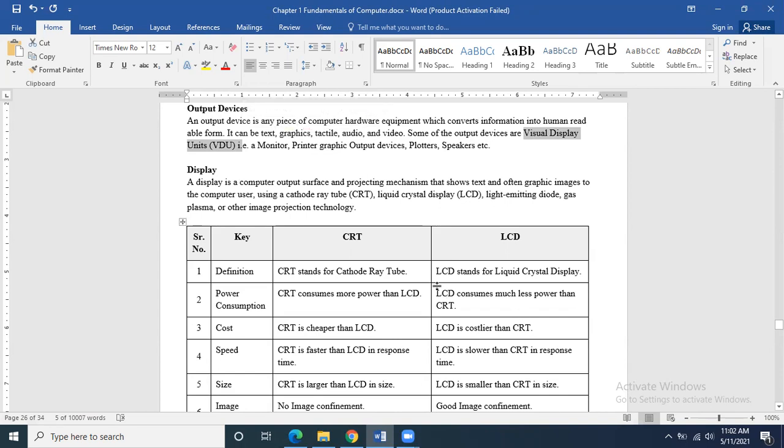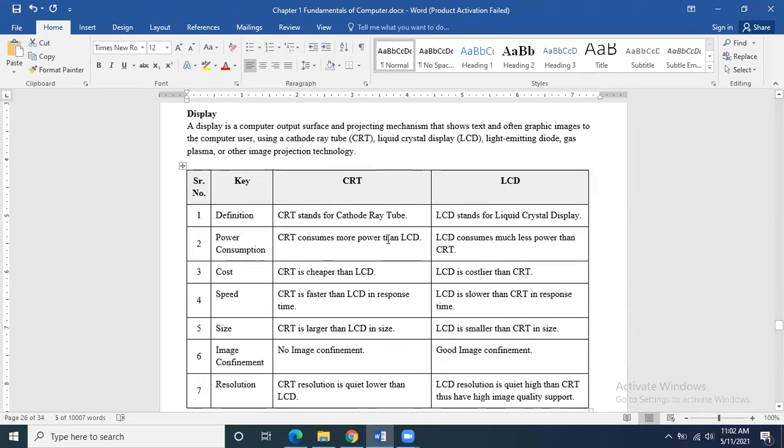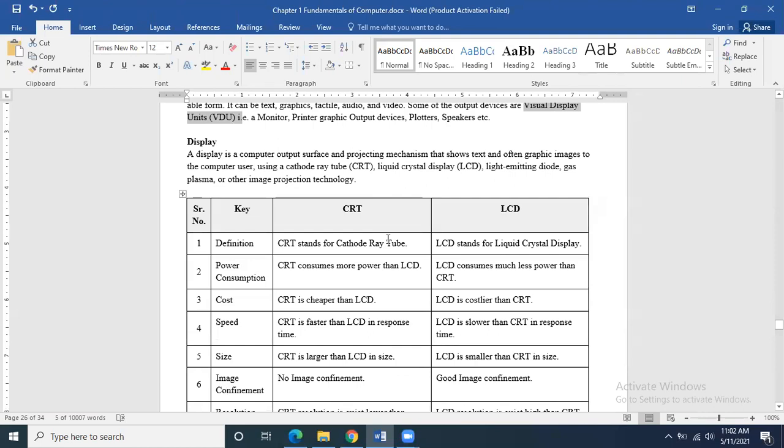Visual display unit. A visual display unit can be of different types. You know that in a cell phone, the device has the display unit attached with it. In laptops, there are two portions of the device. One is the device processing mechanism and keyboard, and the display unit is also attached with it. But sometimes the display units are separate, just like in the case of desktop computers.